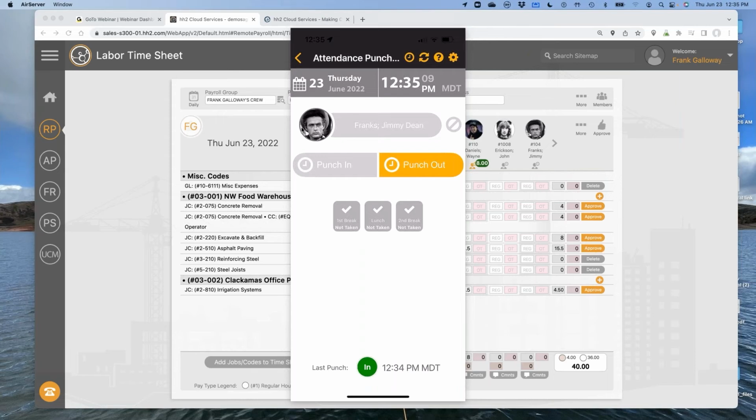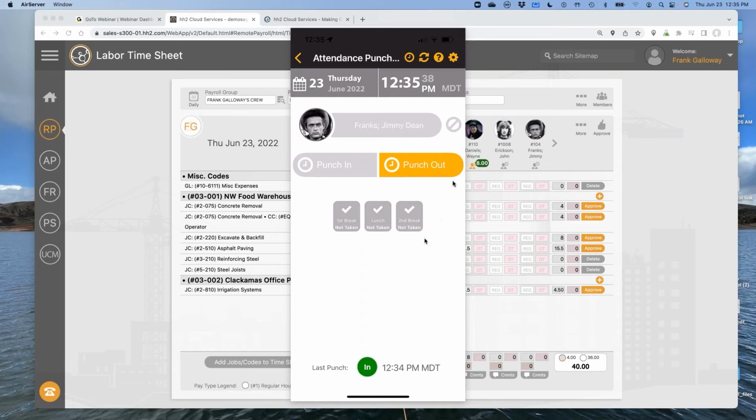So one, we know that it was actually that individual. We don't have facial recognition right now, so I don't want to come across as saying we can't clock in before it scanned the guy's face. We don't have that today, but it can at least take their photo. So if you ever want to do an audit, take a look at it, you can say, hey, there is no way that that's Jimmy Franks. He doesn't look at all like that. That's Bob Brown, right? And Bob clocked in for him for the day.